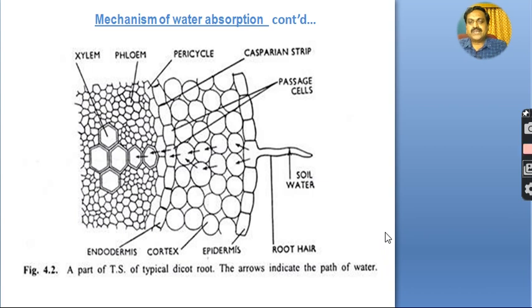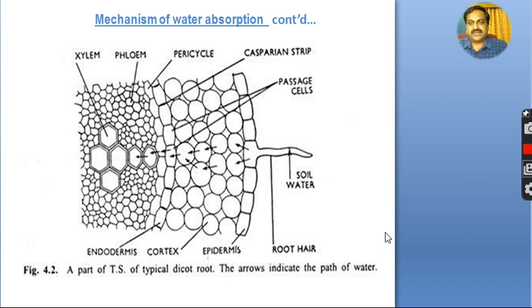Below the cortex is the stellar region, surrounded by the endodermis, which is similar to the epidermis in its structure but shows the presence of Casparian thickenings. Next to the endodermis is the pericycle, made up of a unilayered thin-walled cells, which encloses the stele,